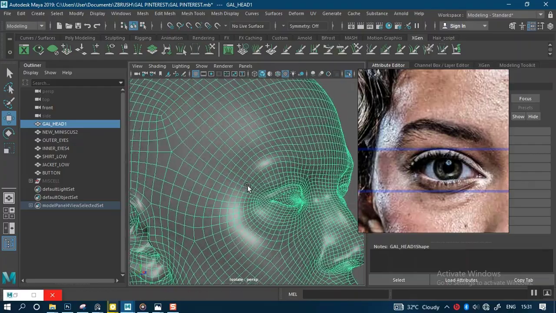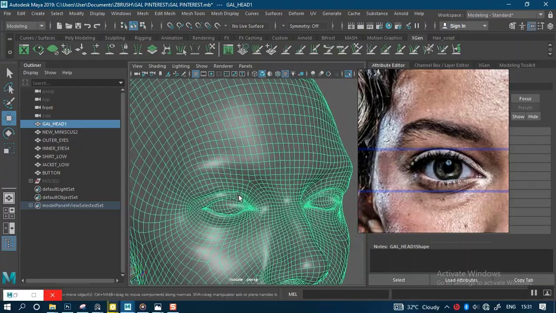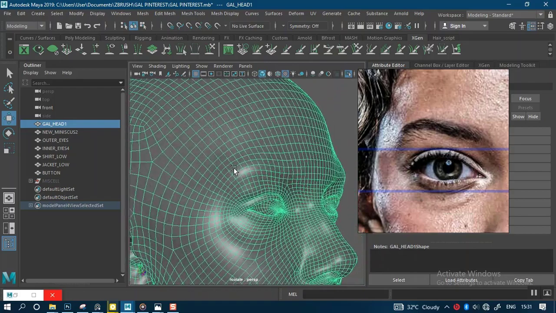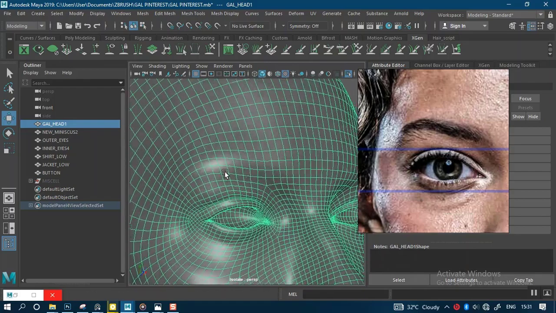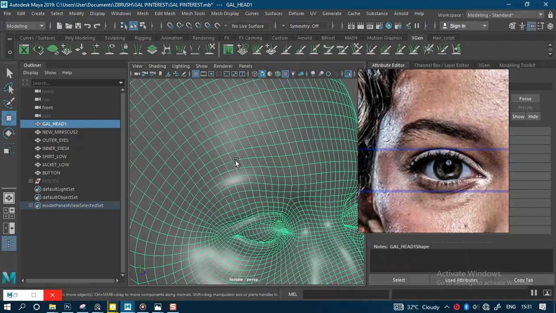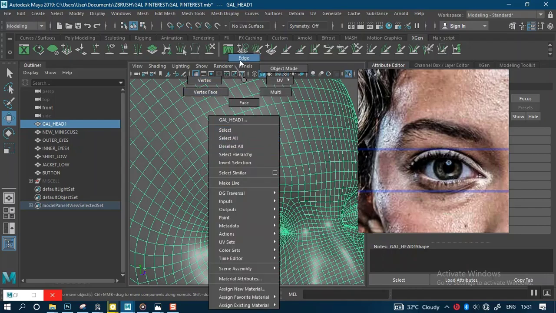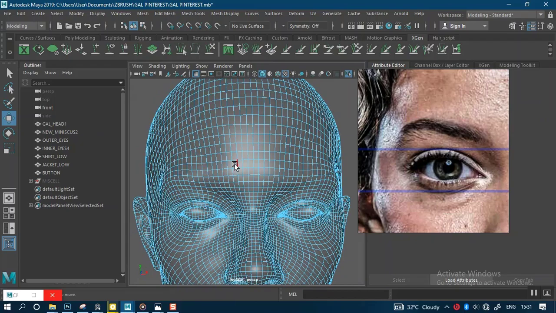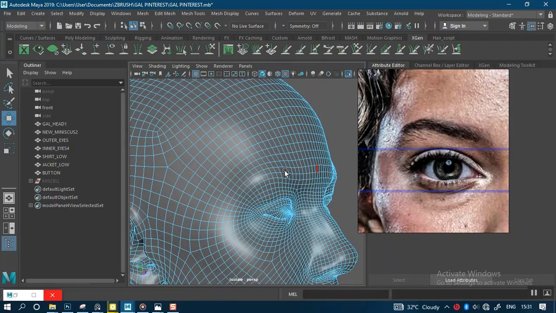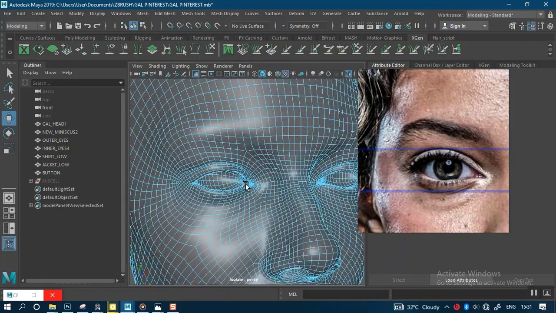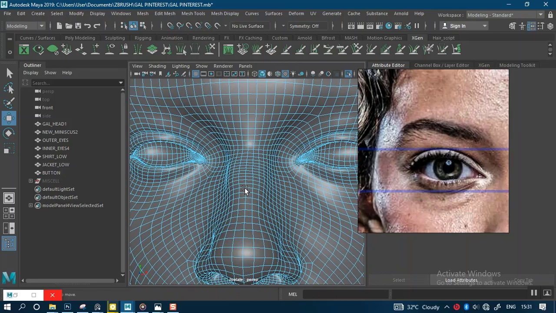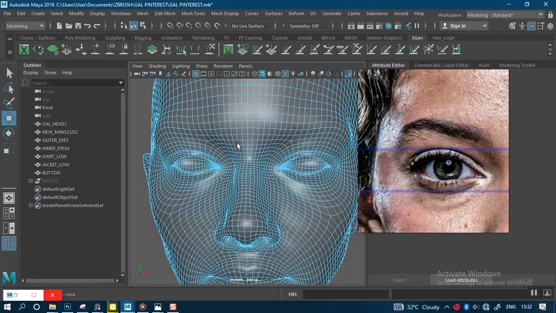So I'm just eyeballing this to figure out how much of the scalp I need. I'm basically going to use my face tool to select the region of where I want this scalp to be. So I'm going to create a scalp that we're going to use to create our eyebrows